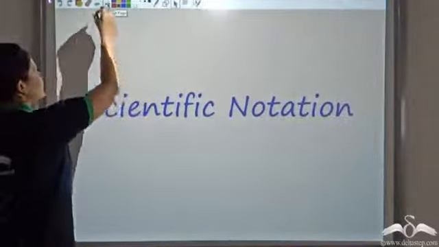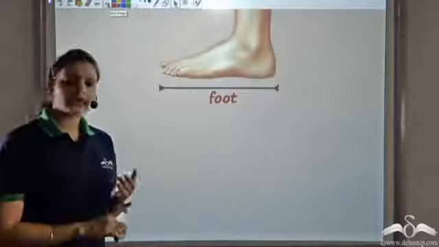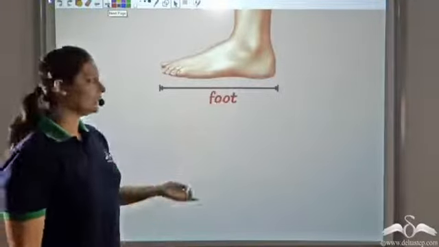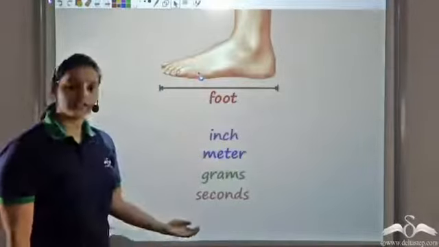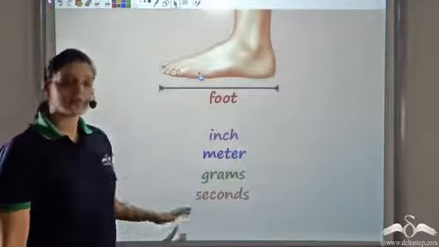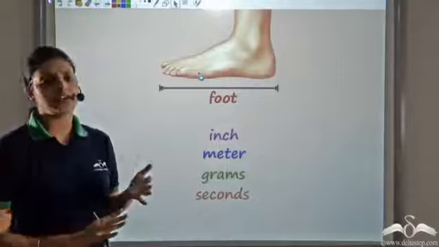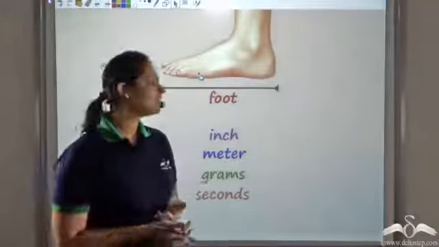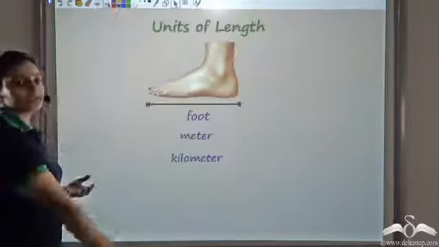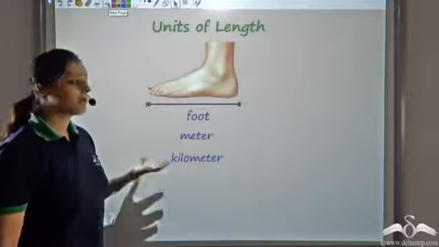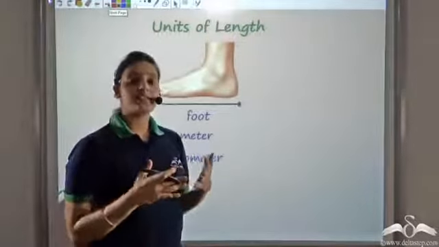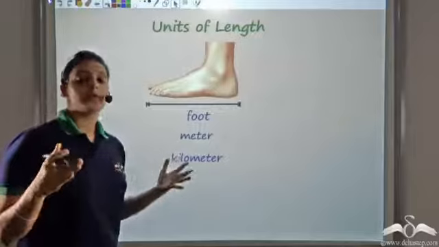Let us see. So many years ago, there were not very large numbers, and the only unit of measurement was foot. Later, they had these units of measurement, which are inch, meter, grams, and seconds. Using these units, they could easily calculate things of their day-to-day life. But as science and technology advanced, the numbers became much larger, expanding in such a way that they were far beyond human scale.